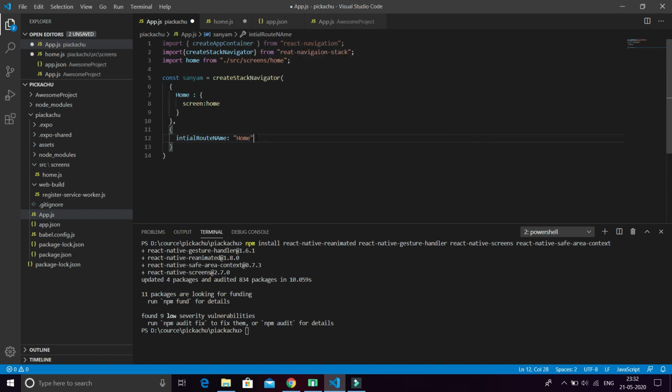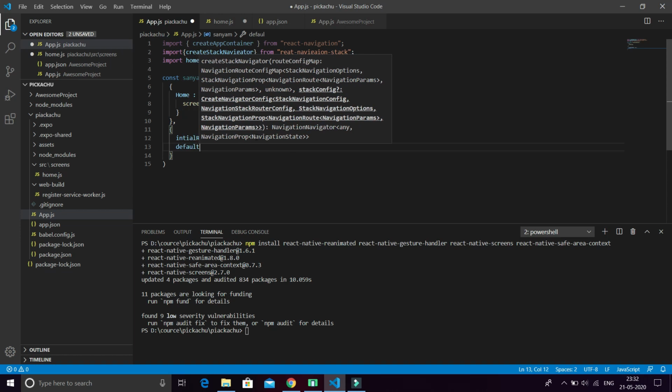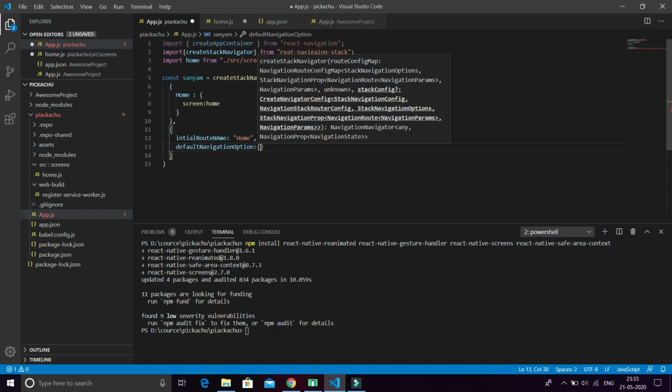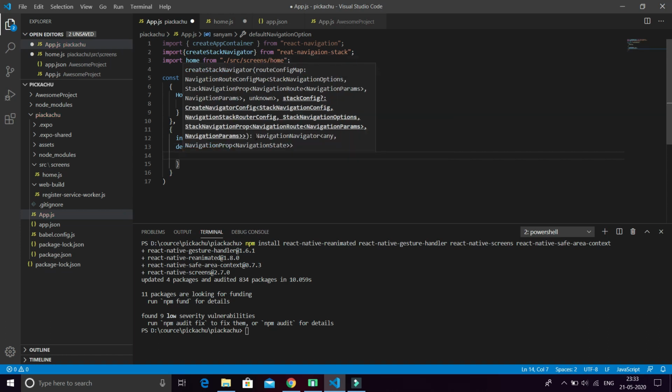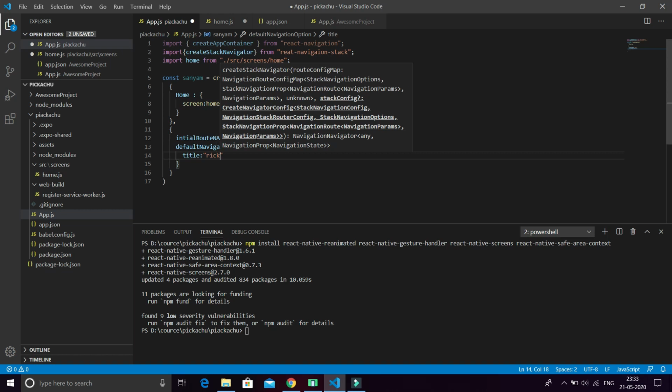Okay friends, then comma, then defaultNavigationOptions, and provide a title so that you have some title over the head. I will keep it as Pika.